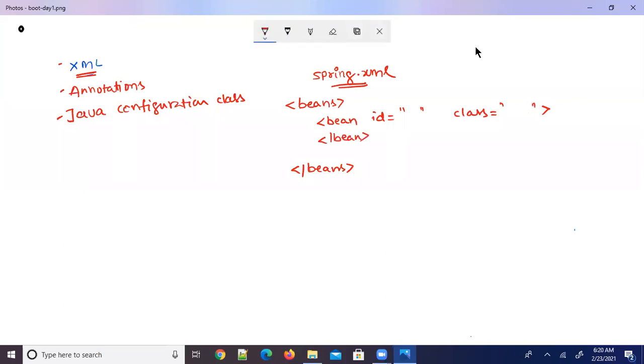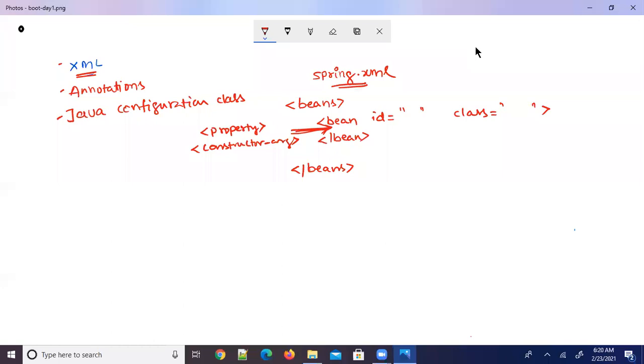And of course, within this bean tag, you are going to have tags like property and constructor-arg, something like this we write.